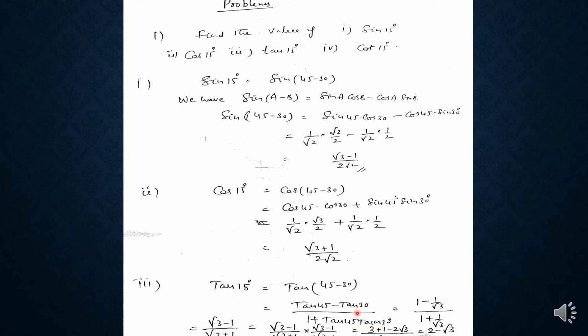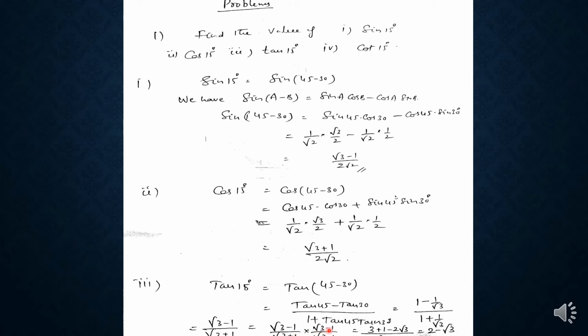So by taking LCM here, root 3 is the LCM, we get root 3 minus 1 by root 3 divided by root 3 plus 1 by root 3. So root 3 cancels, we will get root 3 minus 1 by root 3 plus 1. So by rationalization, we will get the simple value: root 3 minus 1 by root 3 plus 1, multiplying and dividing with root 3 minus 1 by root 3 minus 1, we will get root 3 minus 1